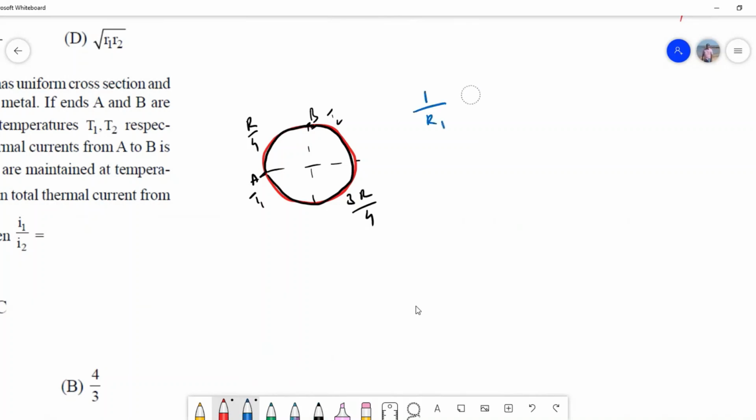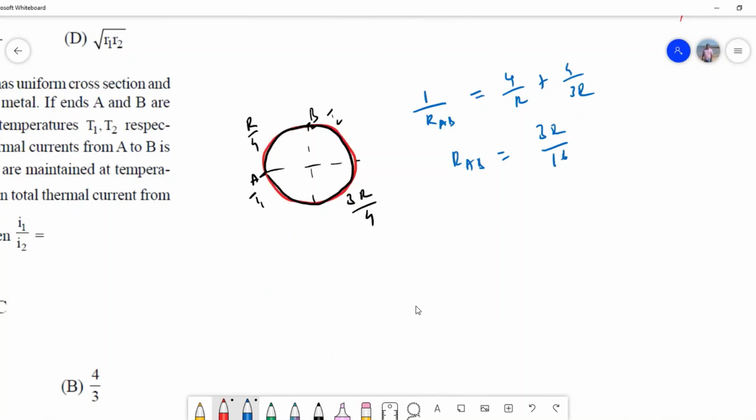So that is equal to 1 by R1, meaning the effective resistance I want to find out. 1 by R1 means 1 by R by 4. So it becomes 4 by R plus 4 by 3R. R1 is the effective resistance between AB, or otherwise you can write effective resistance between AB. So 1 by R1 plus 1 by R2. So clearly if you take the LCM, the resistance between AB becomes 3R upon 16.